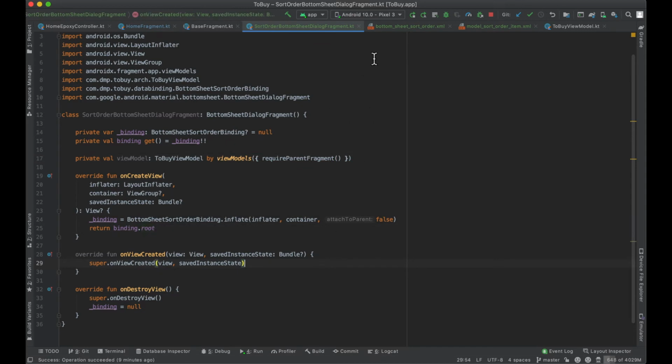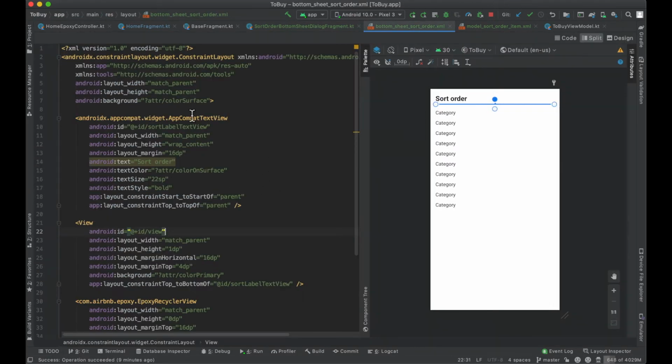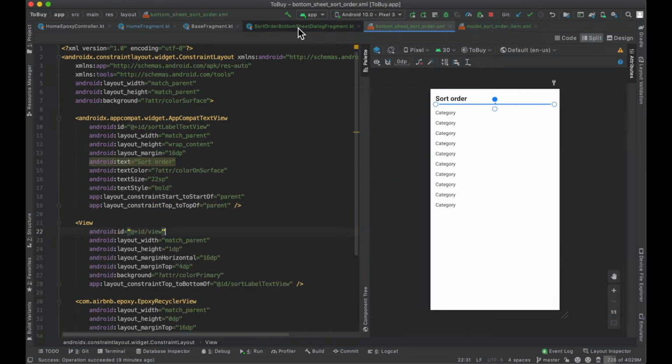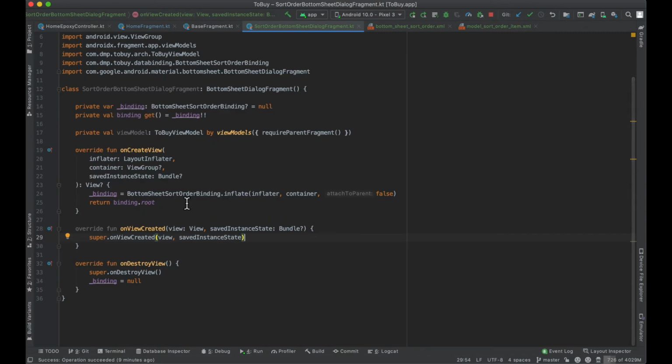Okay, so welcome back everybody. I went ahead and created just a pretty basic layout here for the actual bottom sheet itself. I also created a layout for the particular epoxy controller that we're eventually going to have to build, and then set some things up here in our bottom sheet fragment. So we have our classic view binding stuff here, which gets initialized in onCreateView, gets nulled out in onDestroyView, and then we went ahead and